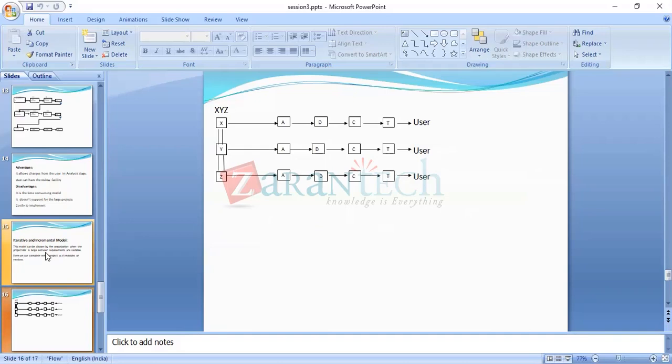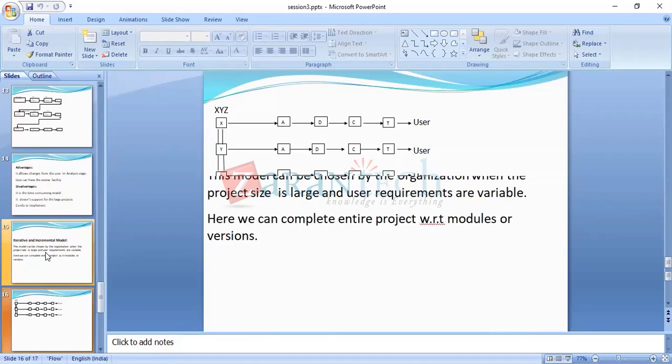The summary of this diagram is that the user can implement your project step by step, module by module. So if we complete the entire project with respect to modules, it is called iterative testing.